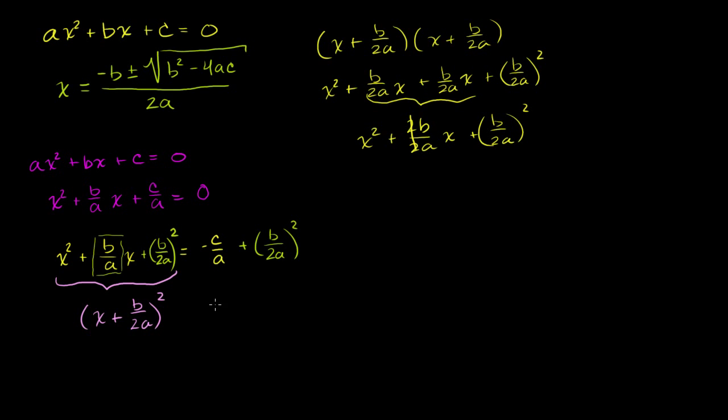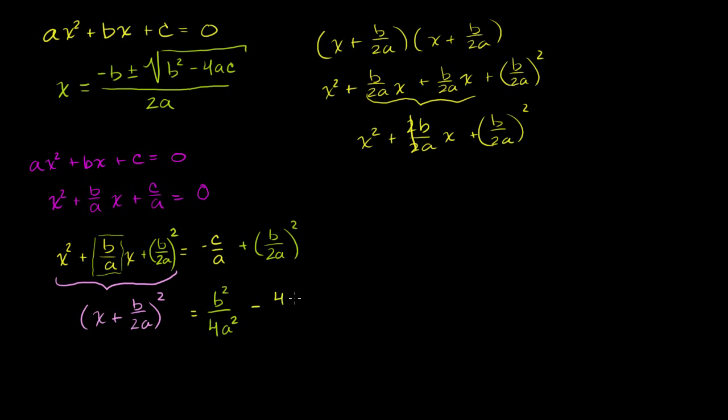So the right-hand side, we can rewrite it. This is going to be equal to, well, this is going to be b squared. I'll write that term first. This is b, let me do it in green so we can follow along. So that term right there can be written as b squared over 4a squared. And what would this term become? In order to have 4a squared as the denominator, we have to multiply the numerator and the denominator by 4a. So this term right here will become